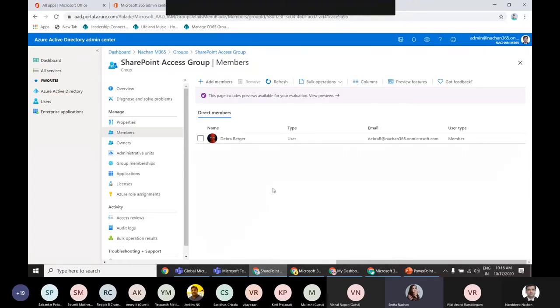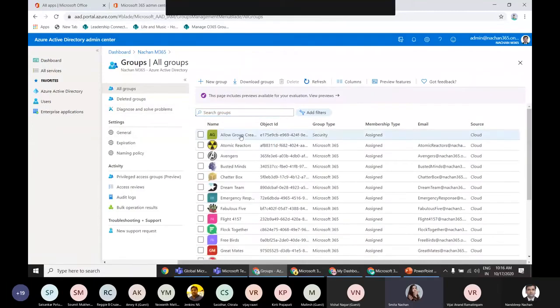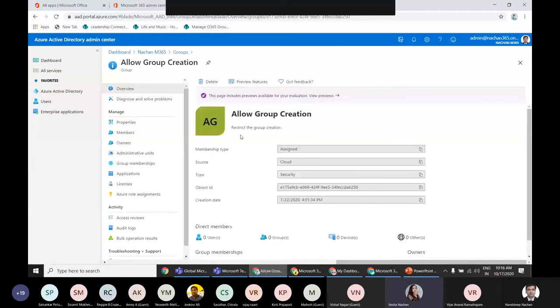So let's go to our second example, in the Azure Active Directory Admin Center. We have created one group called Allow Group Creation. Let me quickly open that group. With the pandemic situation, there is a huge demand for Microsoft Teams, and Microsoft Teams get created very frequently.